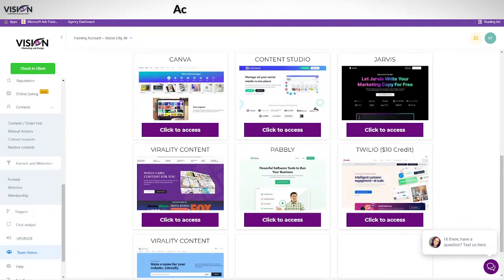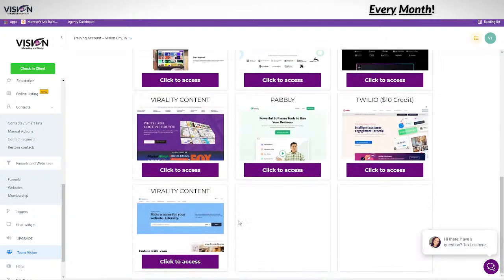If you are an agency owner, you're the only ones who need Twilio. You will need access to Twilio, and you can get a $10 credit here. If you have the $97 or the $297 plan, you can sign up for Twilio and get a $10 credit. This is really awesome because when you get $10 credit, I also get $10 credit for referring you. So it's a way to give you guys something, and it also helps me with my costs, so we're both benefiting.